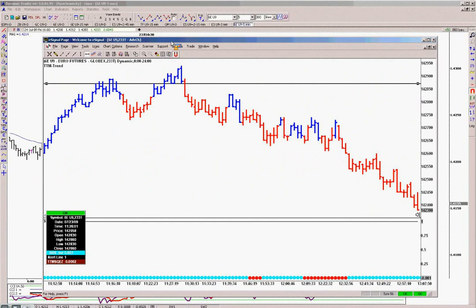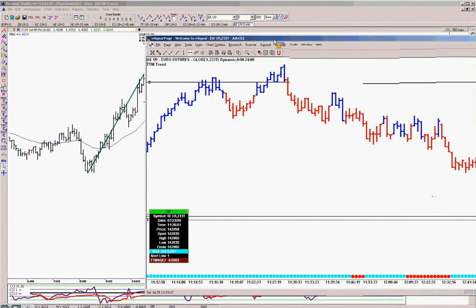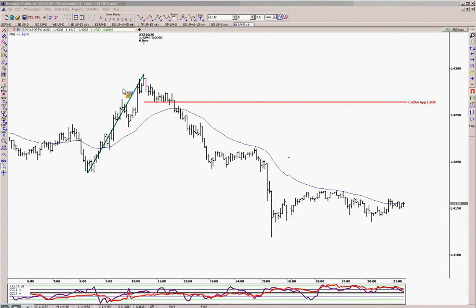Okay, let's see. Everybody kind of getting the idea of what I'm trying to show you as far as entries? Because the setups, great. There are a ton of setups that are blown through every single day, and that's why you want to use triggers to qualify which ones are worth making an entry against.